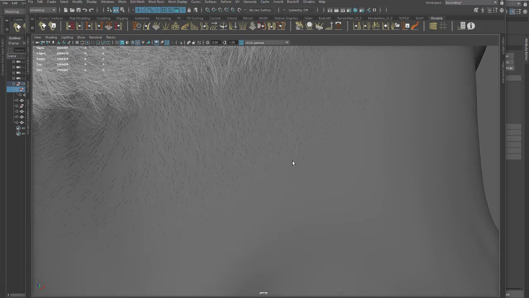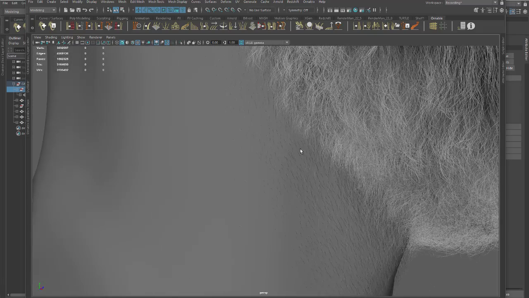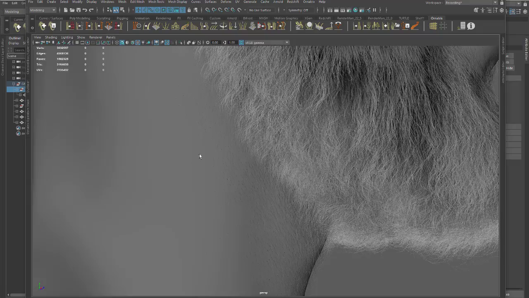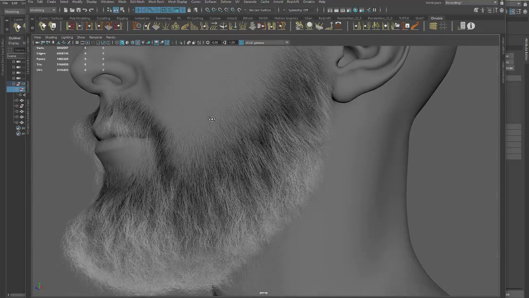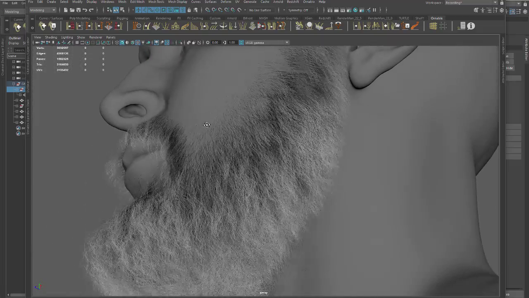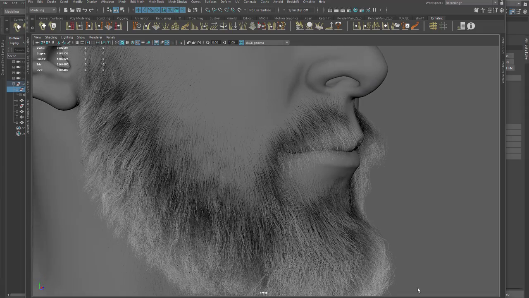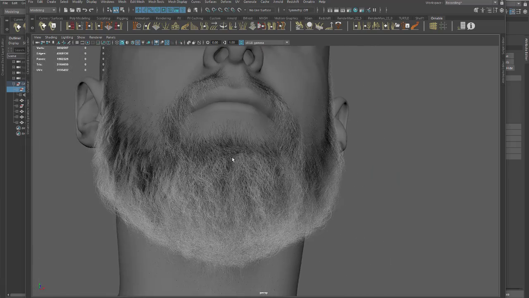I'm going to add those fine, very small hairs to help blend the beard with the skin. That's it. But I think for the new version that I'm going to make for this beard, I'm going to create a second hair object for the mustache here, because I want to test something. So yeah,